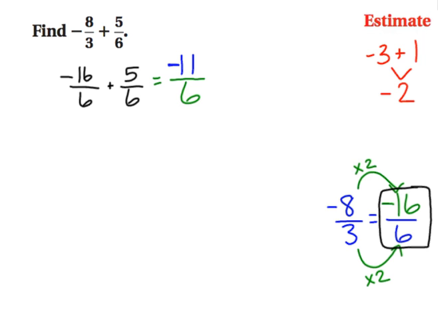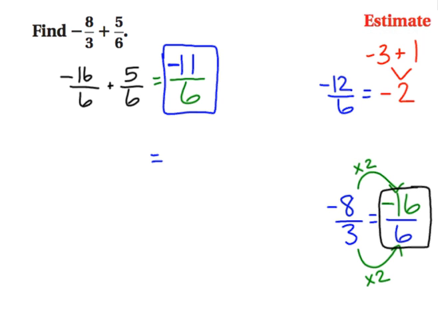Let's compare that back to the estimate. -2 would be equal to -12/6, since -12 divided by 6 equals -2. So the solution that I got is pretty close to what my estimate was, so I can be pretty confident that that's correct. So -11/6 would be my improper fraction, and then to change that back into a mixed number,